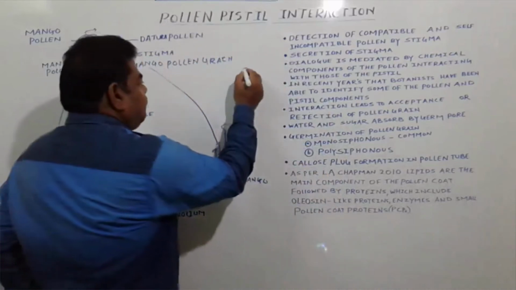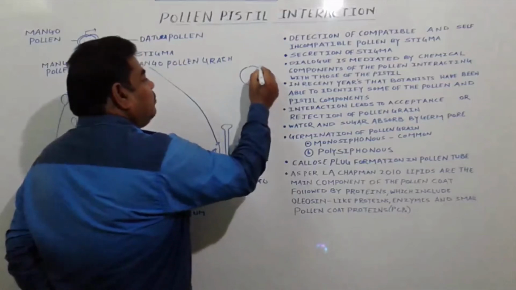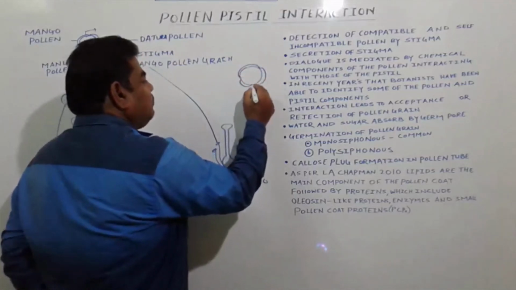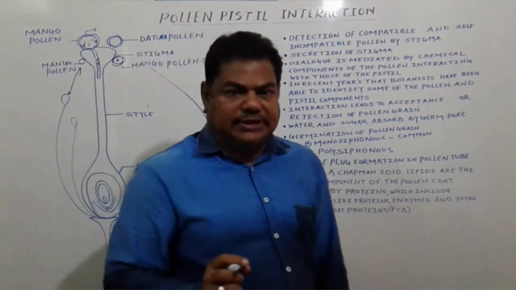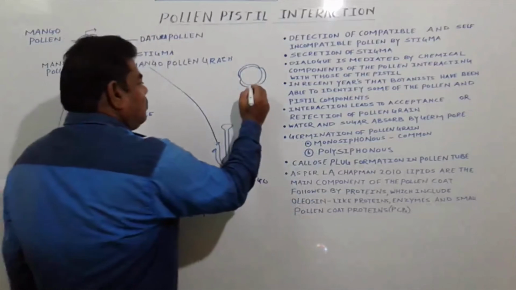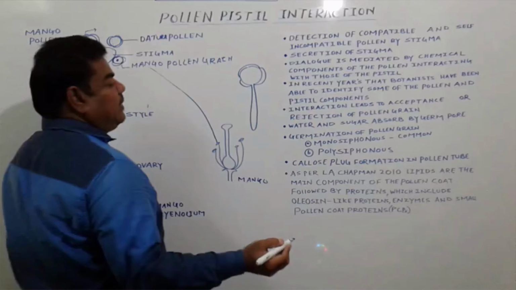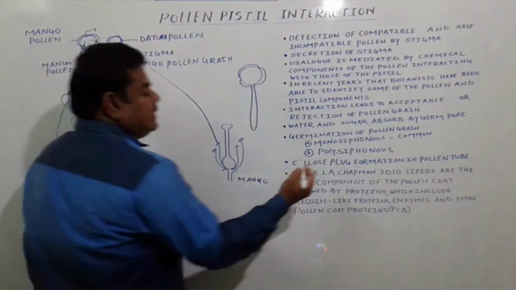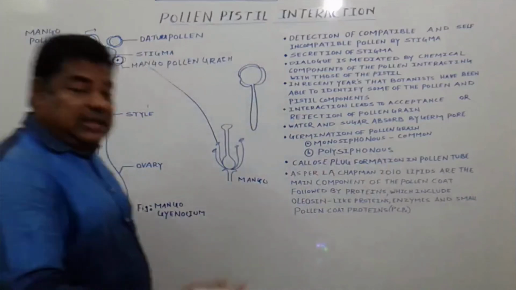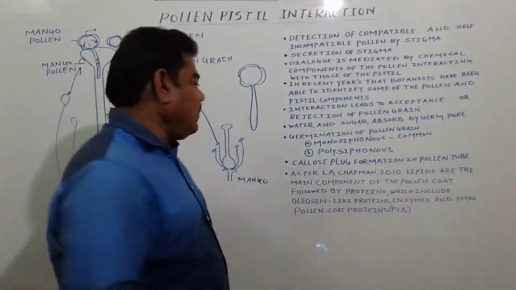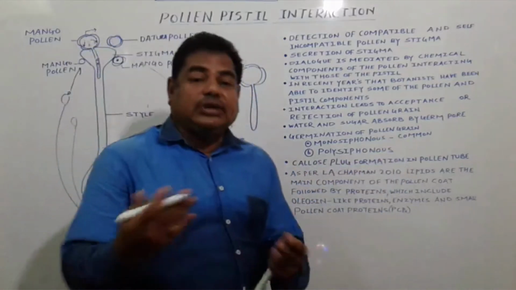We know that in the pollen grains of dicots, three germ pores are present, 1, 2 and 3, and in case of monocots, only one germ pore is present. If only one pollen tube emerges from the germ pore, that is the monosiphonous type of germination of pollen grain. But there are some examples in nature, in angiospermic plants, in which polysiphonous type of germination of pollen grain also takes place.